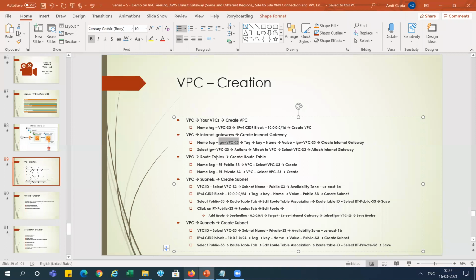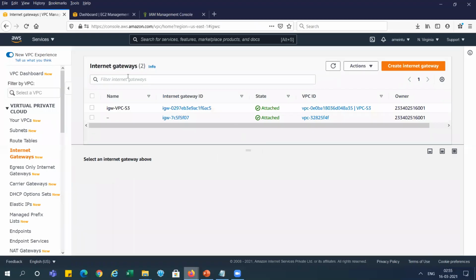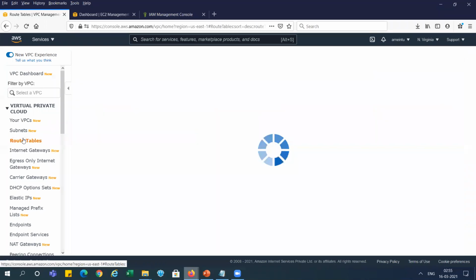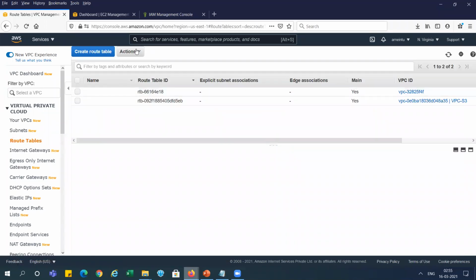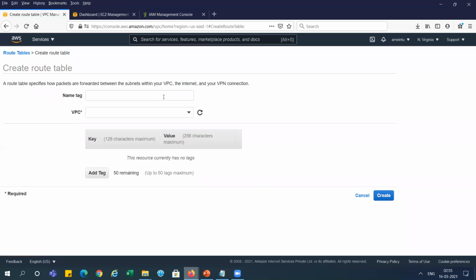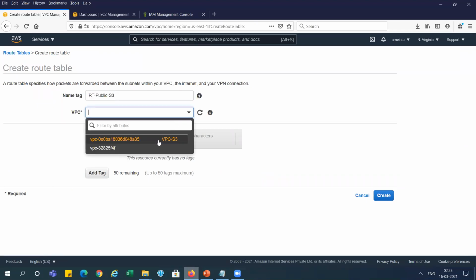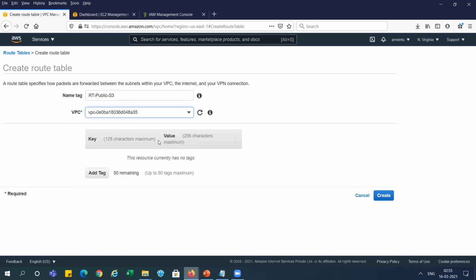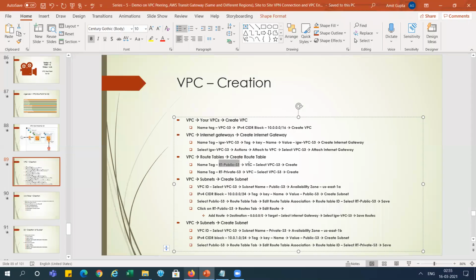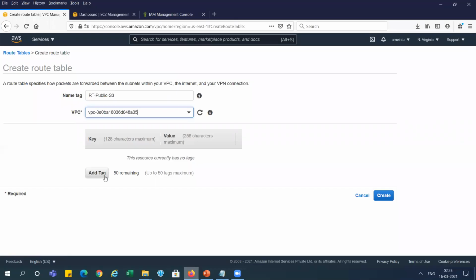Now we need to create the route tables, because we will create route tables for both public and private. So we will go here and create the route tables, and I'm selecting this VPC S3. For the name tag, we can give RT public S3.